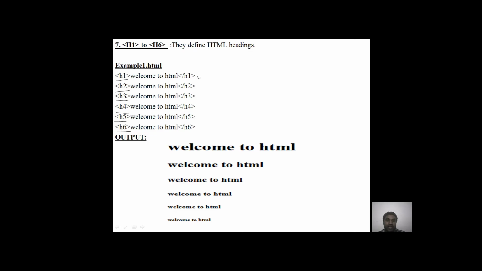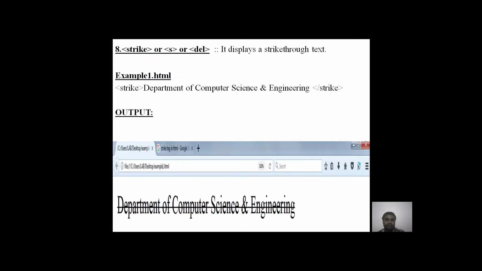Here h1 represents the largest level of headings, and h6 represents the smallest level. Since you are writing h1 welcome to HTML, it will be displayed with the first level of heading, that is the largest level of heading. Since you are using h6 with welcome to HTML, and h6 is the smallest level of heading, it will be displayed with the smallest level of headings, like this.